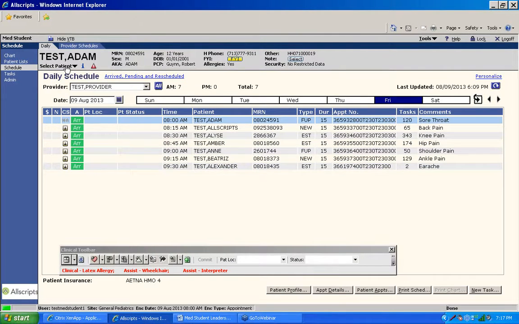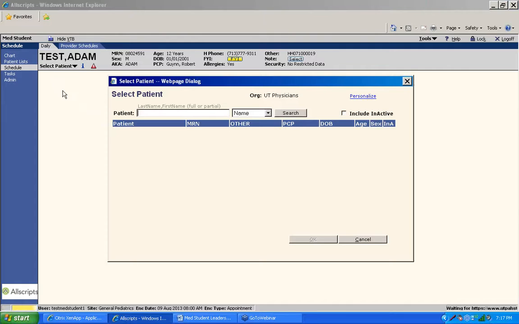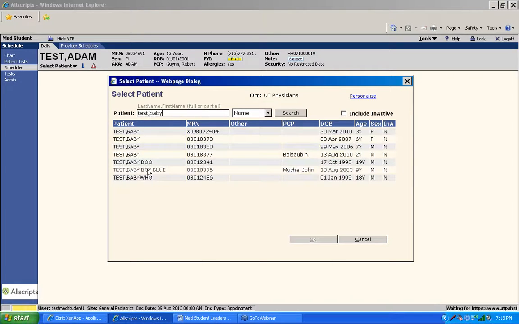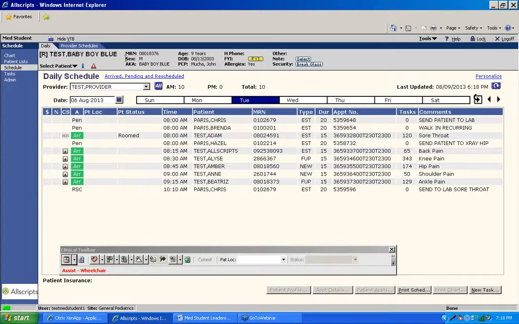Select patient. Let's talk about searching for other patients. If you are trying to find a patient that isn't on today's schedule, you select this drop-down, select search. You can type in the patient's name right here. You do have other filters from which you can search, for instance, date of birth, medical record number, and so on and so forth. I know my patient's name. It's Test Baby Boy Blue. Highlight Test Baby Boy Blue, select OK, and notice now Baby Boy Blue's information has been loaded into the patient